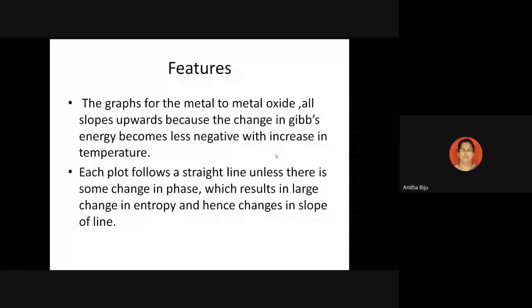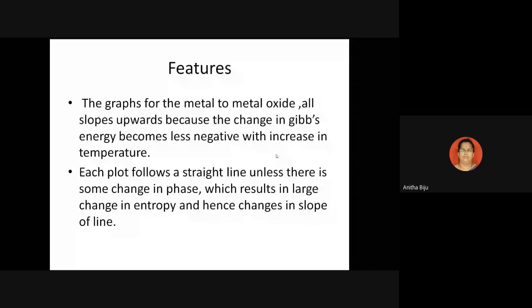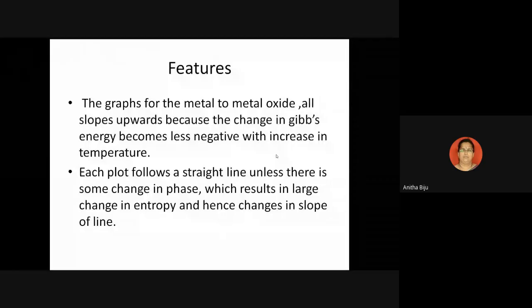Now, the second phase change is liquid to gas. Gas, you know, is the most important phase where the entropy is maximum. Entropy means disorder. Change in entropy is maximum for gas. So in this way, normally, if any change in phase takes place, like solid to liquid or liquid to gas, that results in a large change in entropy, and hence there is a change in slope of the line. Look at that, the graph keeps on changing. Okay, now I think this is also noted.